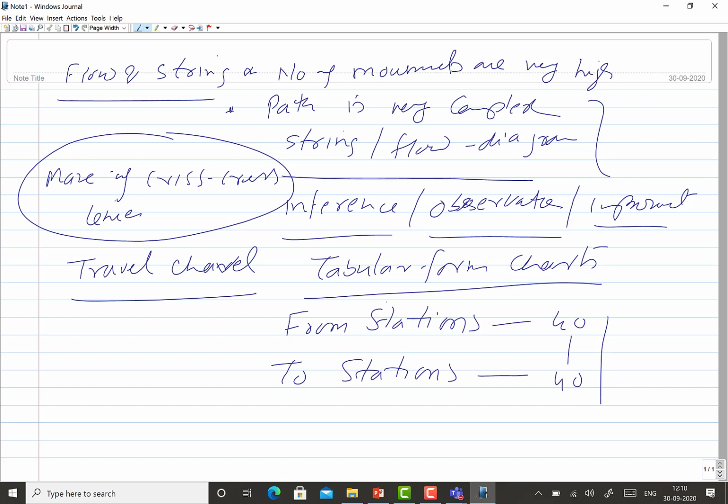and that will give us the opportunity to see how the improvement can be brought in as far as the layout is concerned, or the improvement in a situation is concerned. But before talking about the travel chart, I want to talk about an example of the flow diagram. So this diagram, let me explain in brief.